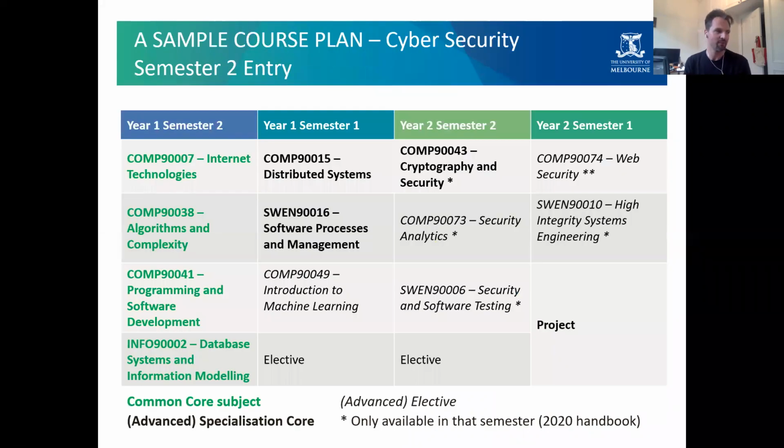Okay, great. So on the sample course plan here, following those foundation subjects, you can then see a range of the kinds of things I've just been mentioning. The cyber stream does have a bit of room for maneuvering in there. But the good thing about it is that we've got such a broad range of coverage in that particular stream,